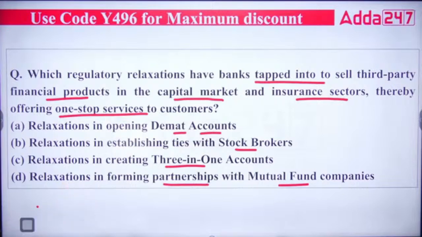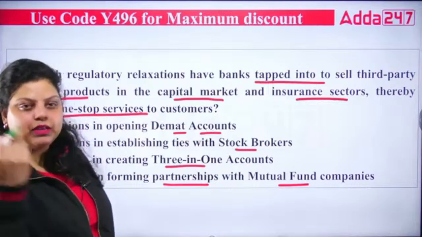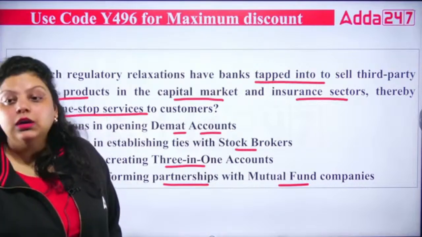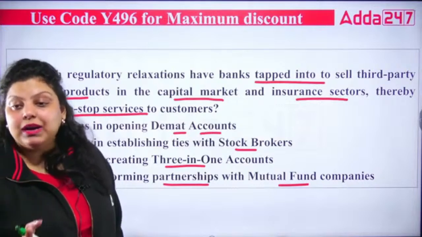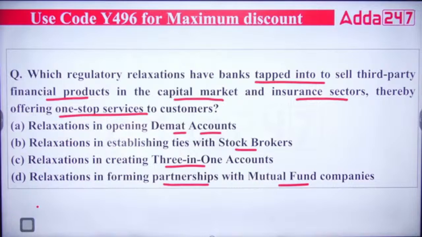Mutual fund companies are those companies which first pool money from the different investors. After pooling that money, they invest that money in the diversified sector to raise capital and to minimize the risk. That's what the mutual fund companies are doing. So the right answer for this question will be yours, because we are talking about banks have tapped into regulatory relaxation that allows the creation of what? That allows the creation of